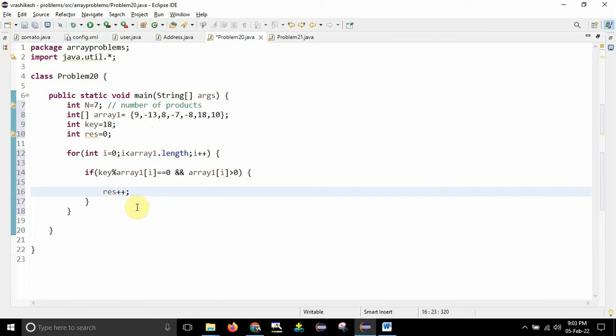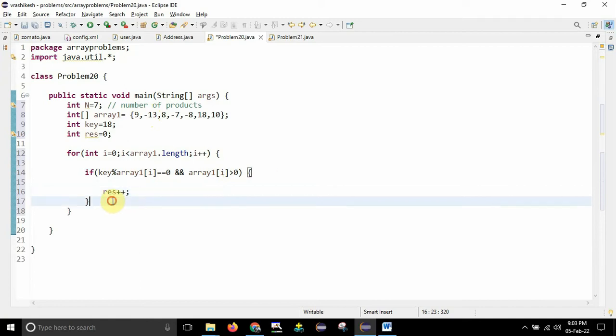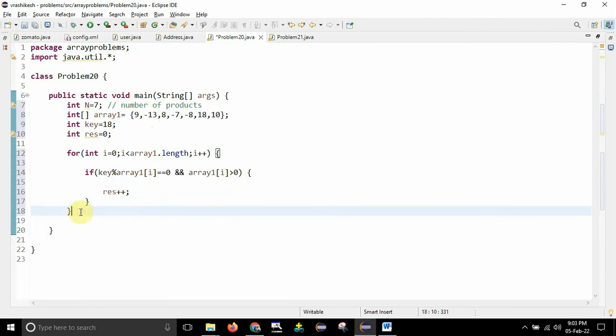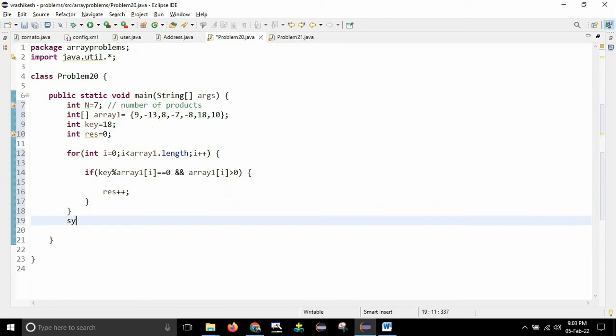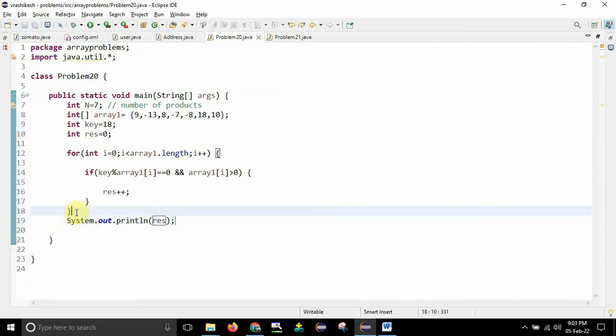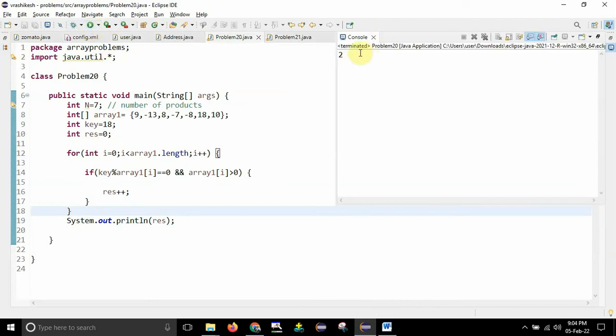It's an independent variable. Fine. So after that this will be enough, guys. It will print the result for us, and I will just write one thing, sys out, and here I will write result. After this for loop you have to write it. So if I save and run this particular thing, then you should be able to see the proper output. You can see 2 is the output here.